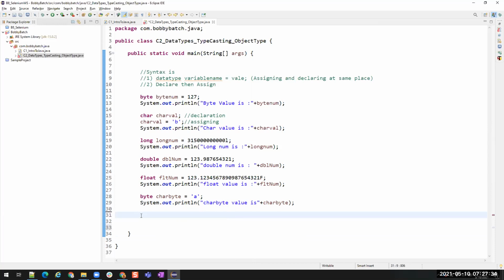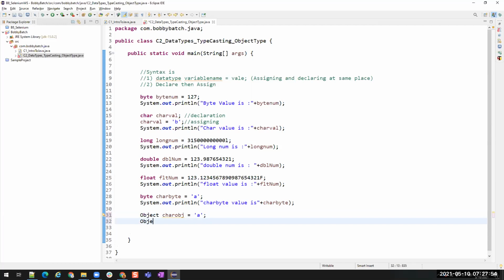But we have another type called object. This we will use when we are unsure what type of value we are going to store inside. I'll say object char object is equal, I can store A. Then I can create a long object equals 123.123545, something like this, and then append 10.